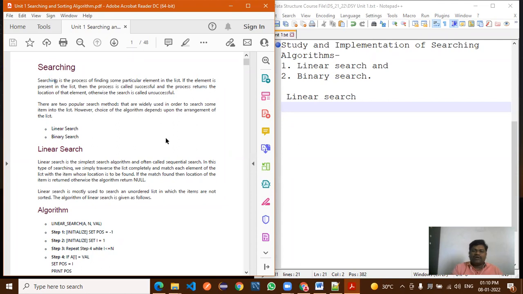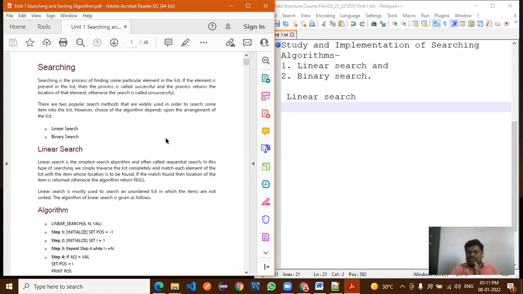And we say the searching process is successful. Now if the element is not found, we call it an unsuccessful process. We have not found the element in that list, so we display that message.